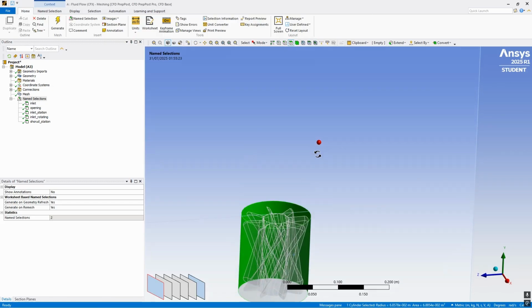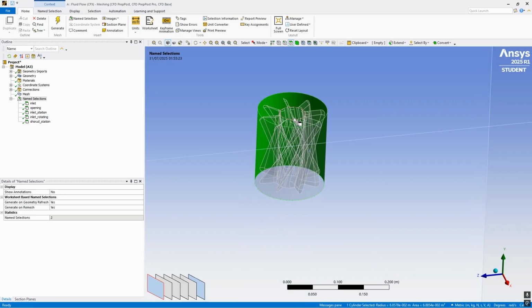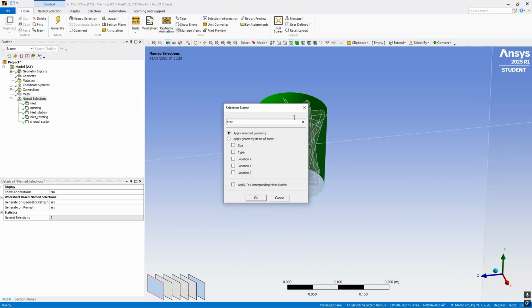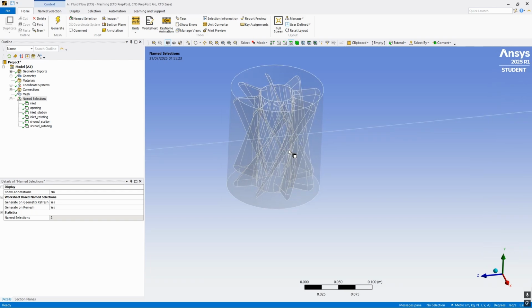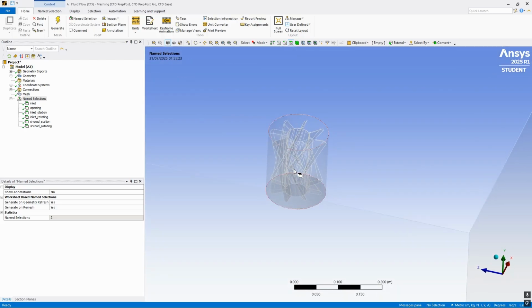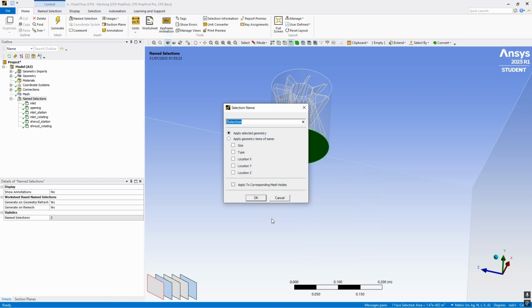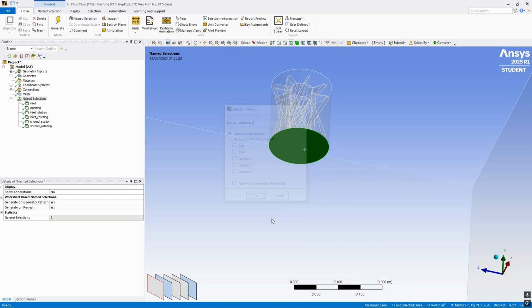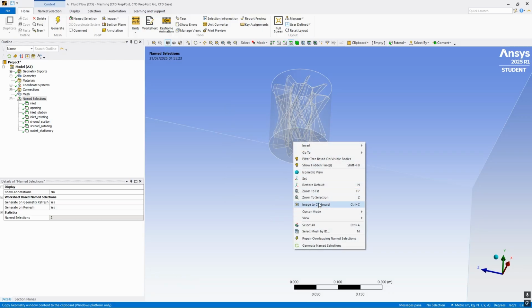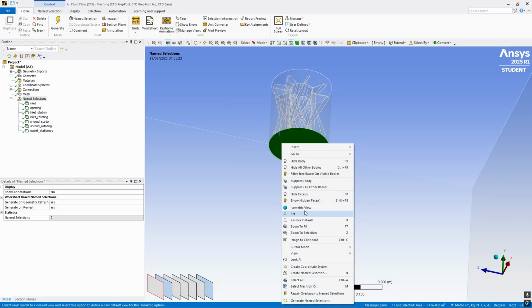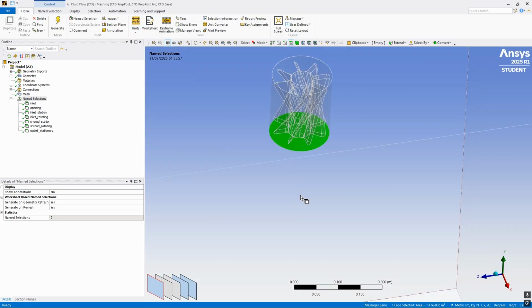And when we select it again, this time we have the inside part, and once again, and finally the outlet of the rotating domain, and we do a named selection here. We select it as outlet and then hide this face here, select it again and